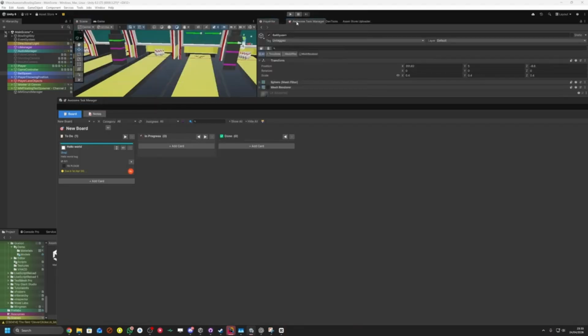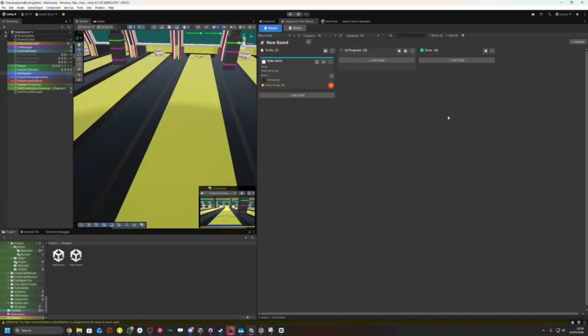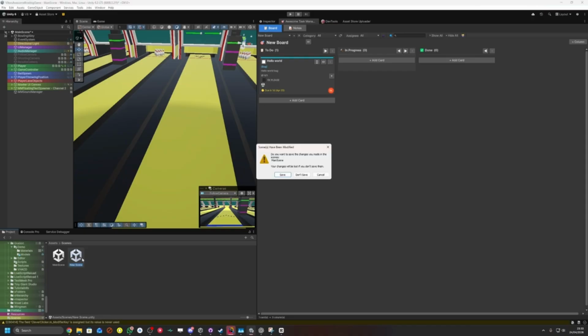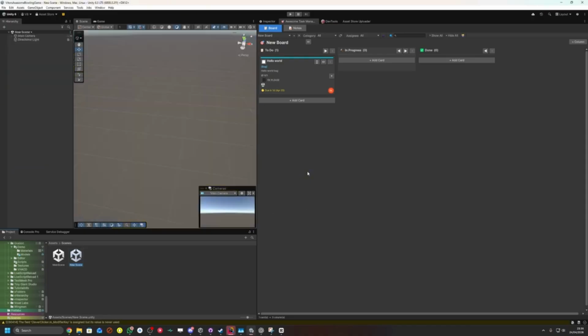So let's just attach this to over here. And then let's also link up what Oliver needs to fix. For this example, he needs to fix something in the player. So let's just drag this over. So now the player object in the main scene is attached to this hello world bug. So this means that no matter where you're at, if Oliver presses on this,